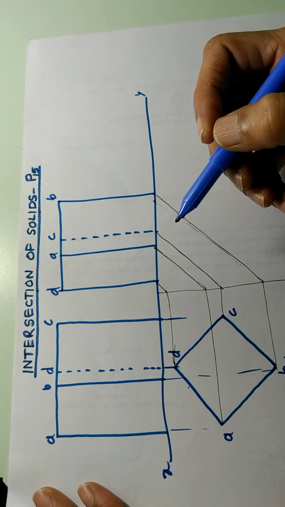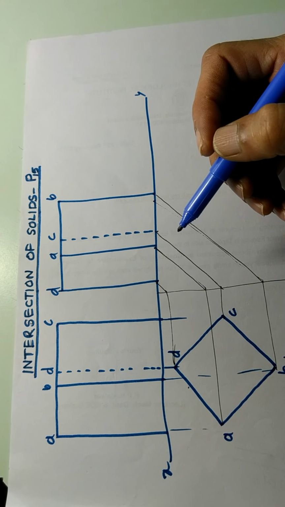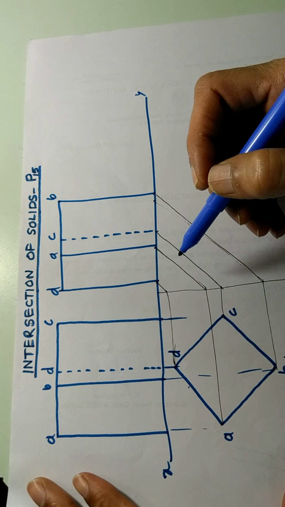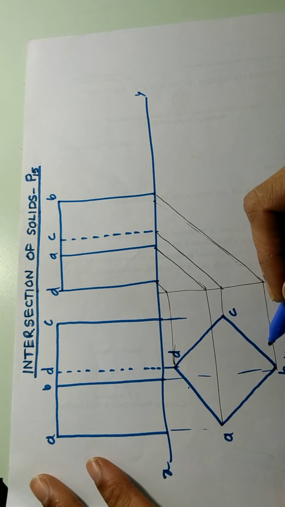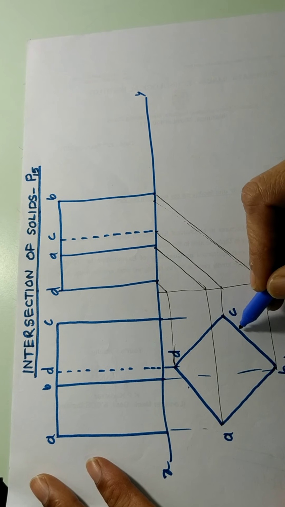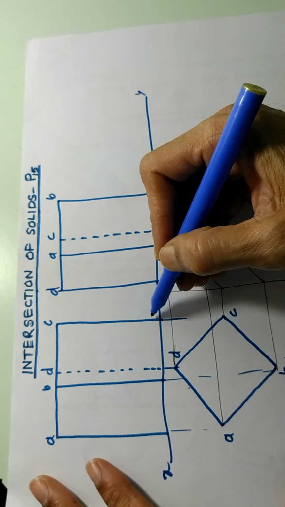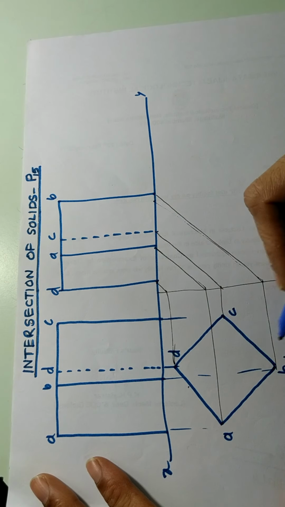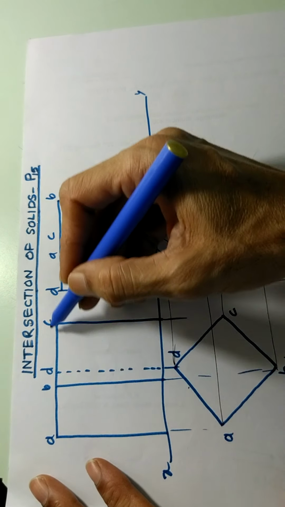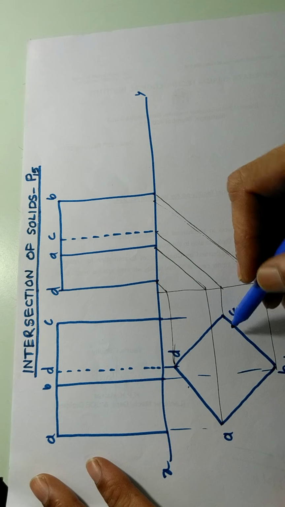Now what we have to learn is that on this particular prism, suppose this surface BC is there. Where is this BC surface? This BC surface is this BC surface, because when you see in this direction, this BC surface is here. Now where is this BC surface in this view?